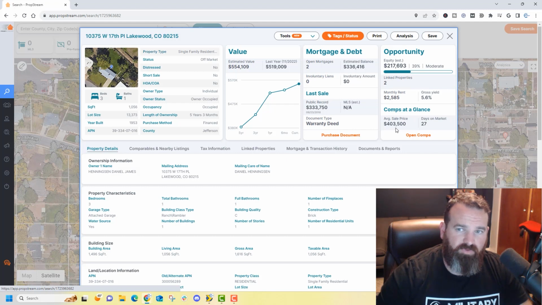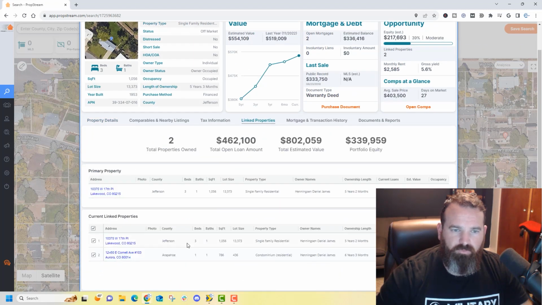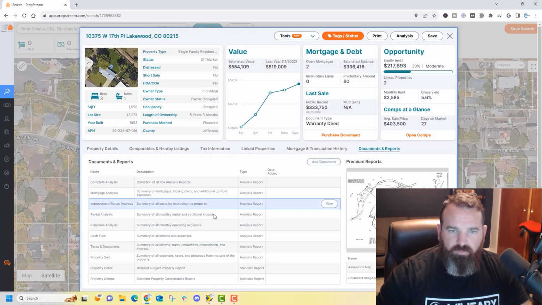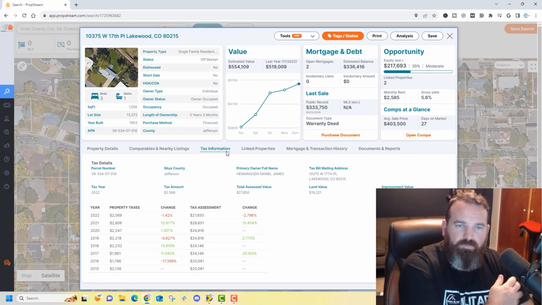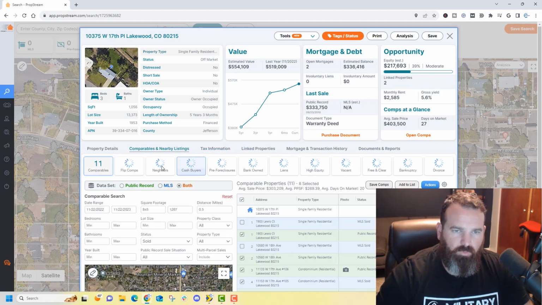So this says comps average sale price 403. So we'll find out. Public record, so it sold, they think, for 333, right? And you can get all their info and everything down here. So a lot of different things. You can also see, like, this person owns 2 homes, so both of them show up. They own a condo and a single family. You can get basic mortgage info. You can pay for some of these documents and reports. You can get the tax information, and then this is what you want right here: